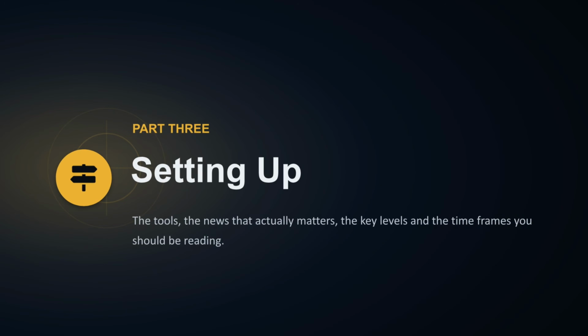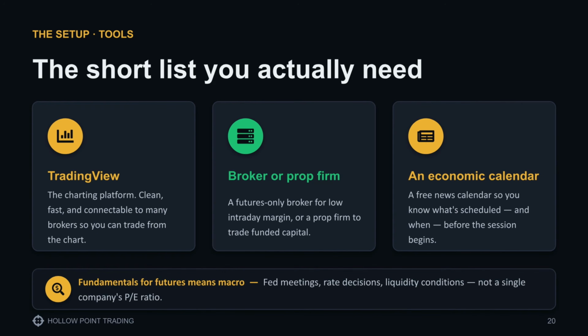Moving into part 3, we'll cover setting up your tools. We'll look at the essential software, the news that actually impacts the market, how to mark your key levels, and the optimal timeframes for your analysis. You only need a short list of tools. TradingView is excellent for clean, fast charting. You'll need a reliable broker or prop firm for your execution, and a free economic calendar to track high-impact news